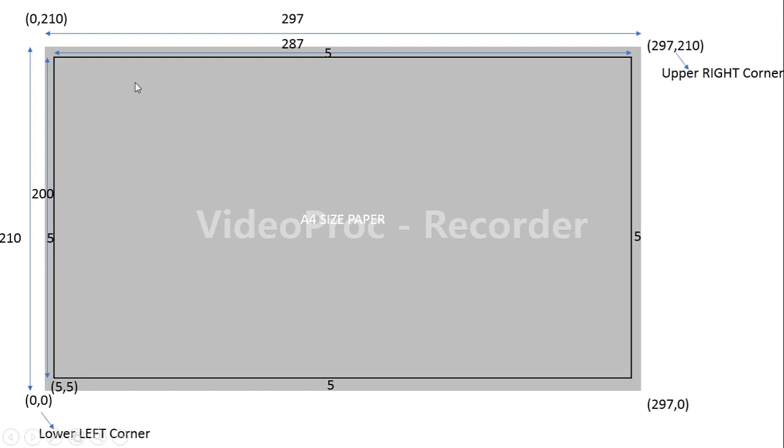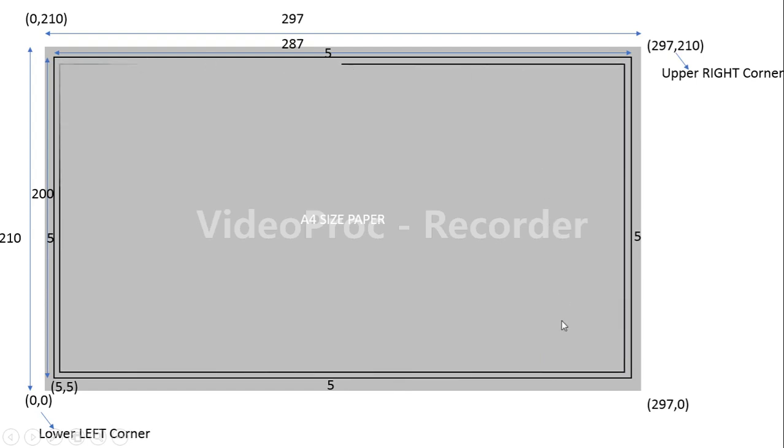I need to make one more box inside with an offset of 5. This is one margin. So I want to create one more rectangle inside this rectangle with an offset of 5. So this is one more rectangle. Here the distance is again 5. This distance is also 5. This distance is also 5. Now after creating this line,